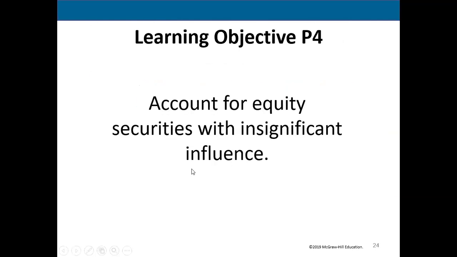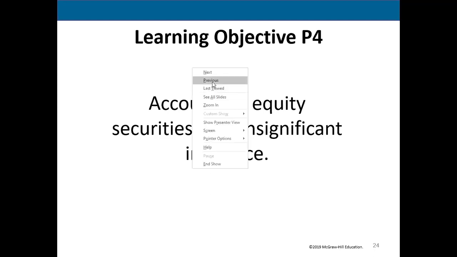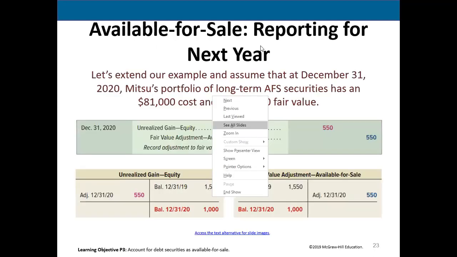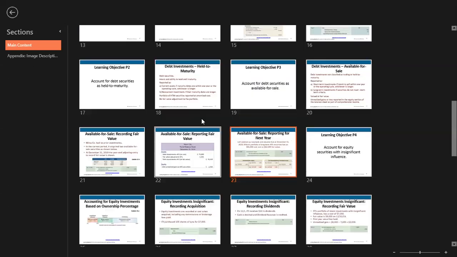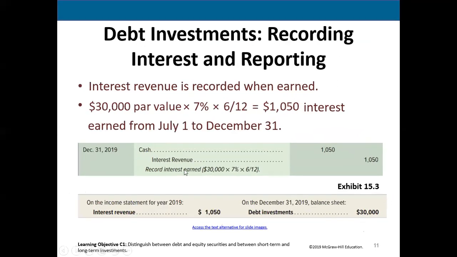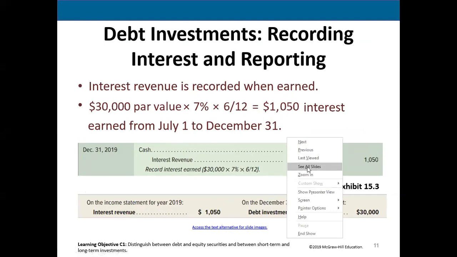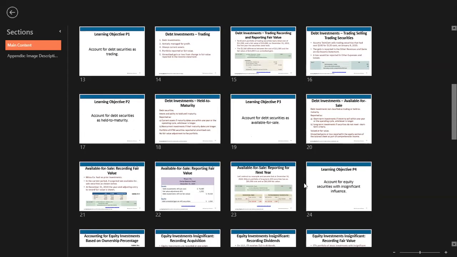So that is how we account for debt investments. We put them in the trading category and do the accounting accordingly. The key here is making sure we record them at their cost. Now also with the trading, if you receive any interest payments, remember you still account for them like you did way back here. Okay, so you'll still debit cash and credit interest revenue. But we bypassed that when we were going through our other examples. But you would do that.